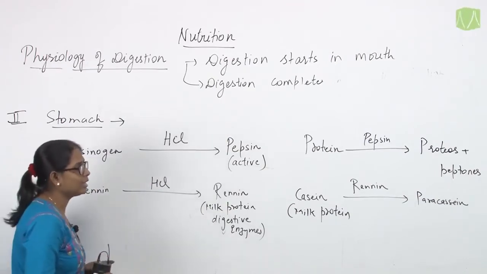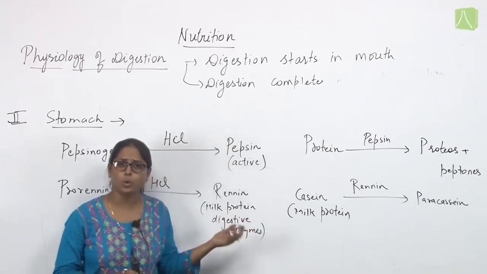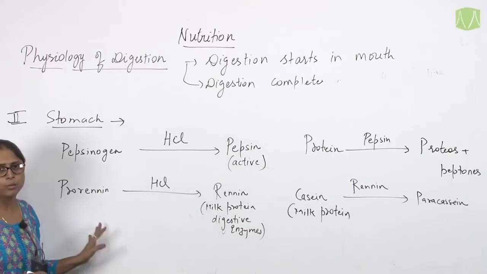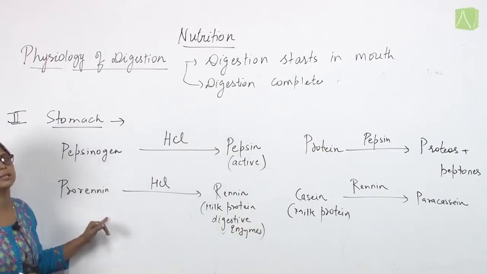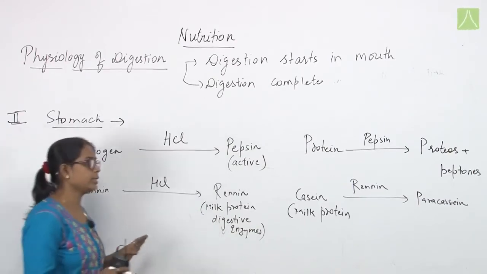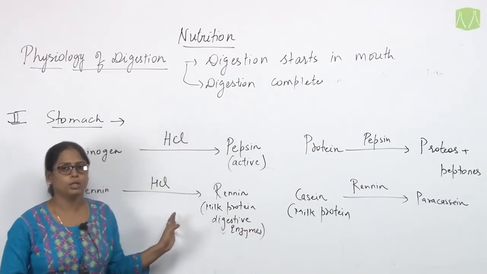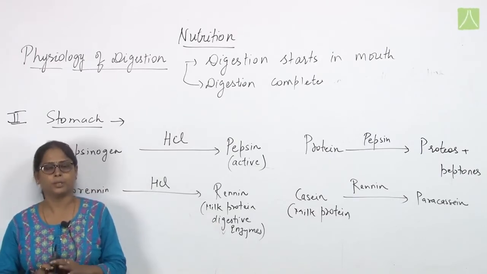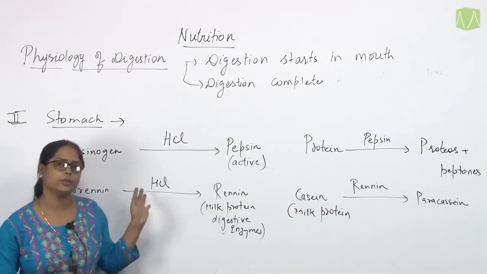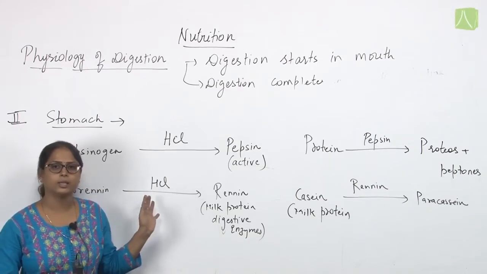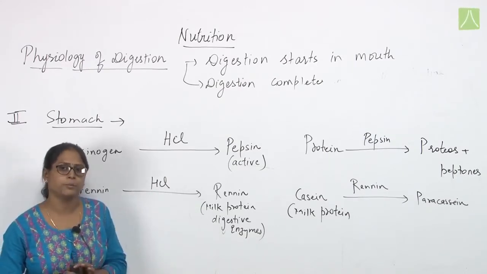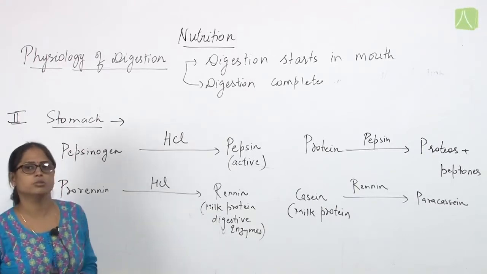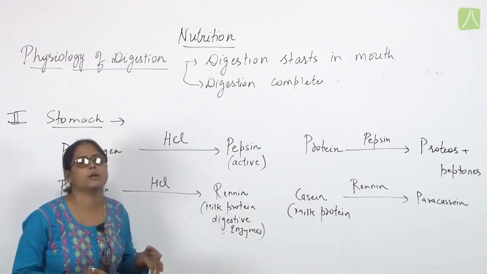Now this HCl is also secreted in the stomach only and only for the activation of the protein digesting enzyme, because the protein digesting enzyme requires an acidic medium. Although this acidic medium is harmful for human organs also, the stomach is the only area where the pH is found to be low due to secretion of HCl, or you can say the acidic condition is found only and only in the stomach region. But again we have a defense mechanism also to protect the wall of the stomach from the action